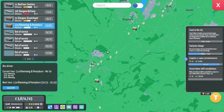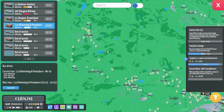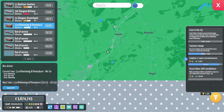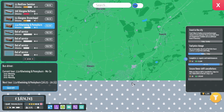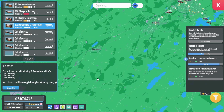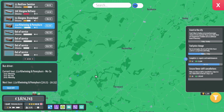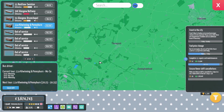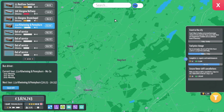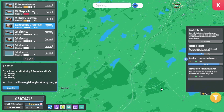But this is the new 111 from Renfrew to Kilwinning, bringing the orange buses all the way down. It's not as far as the orange buses will go, because we're going to have the 77 down to Kilmarnock, which the town centre's like down here somewhere, and the 88 is going to run to Kilmarnock as well. And then we might have a 188 that goes to Irvine. Or is it the 88 goes to Irvine? I think the 88 is going to go to Irvine. Well, the 88 could go either. So it might be that we have...